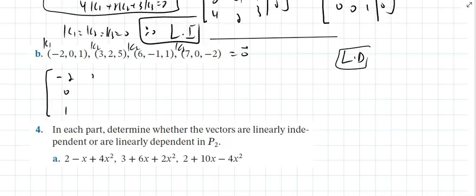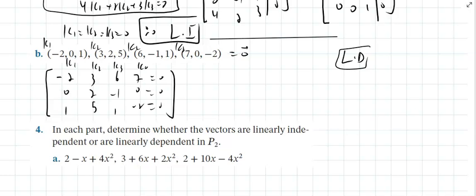That's negative 0, 1, 3, 2, 5, 6, negative 1, 1, and 7, 0, negative 2, equaling 0, equaling 0, equaling 0. Do you notice this is K1, this is K2, this is K3, this is K4? And do you notice we only have 3 vectors? We have 4 vectors. So we have one more vector than we need. If you simplify this, reduce this,